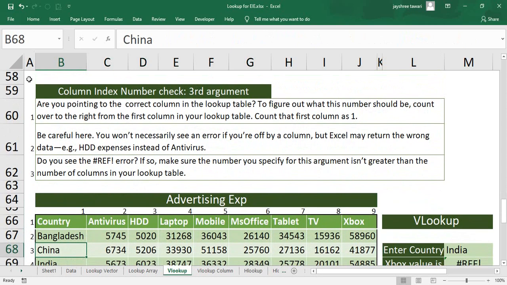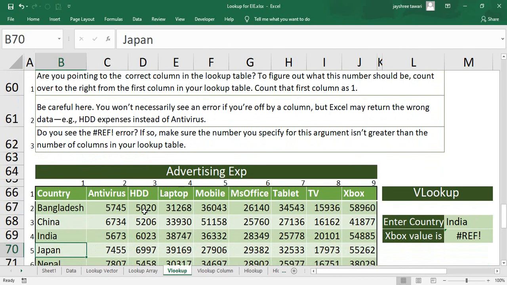Fine. Now sometimes it might be that your Excel is not showing you any error, but you are getting a wrong output. For example, if I wanted to retrieve the contents of HDD, and over there I have written column number as 2, I am going to get my output. I won't even be able to find out if I have got a wrong answer. So it is always recommended that for the first 2 or 3 times at least you should cross check whether you are getting a proper output. Go manually to your data and check, is the output right or not.